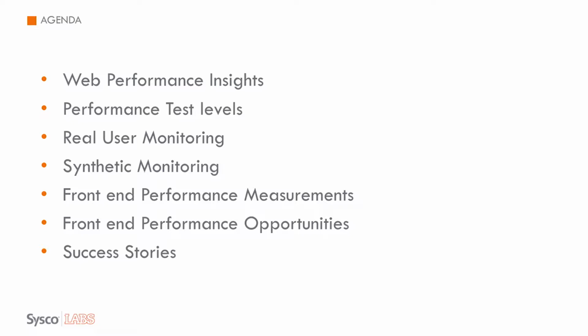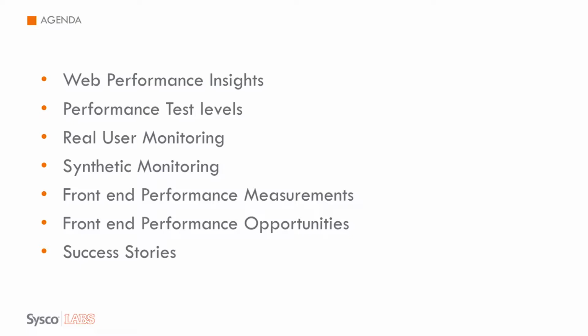First, we will go through some insights about web performance, so we'll be able to identify what improvements we need to make in our applications. After that we will focus on what test levels are available and where the front end comes in. When it comes to the front end, there are two types of performance testing available. One is real user monitoring, so that we will be able to identify performance issues, and the other one is synthetic monitoring, so that we can simulate the user journeys and identify if there are any